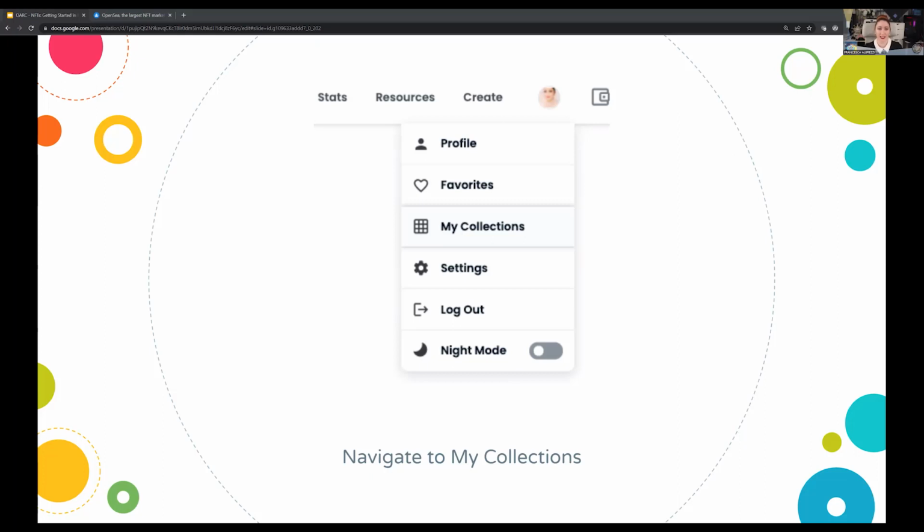Instead, select your profile menu and then click my collections. Then select the blue button on the page that says add new collection. That's how you should actually start this process to make sure that all your NFTs that you're minting are going to be on the same blockchain. Yes, everyone gets that?